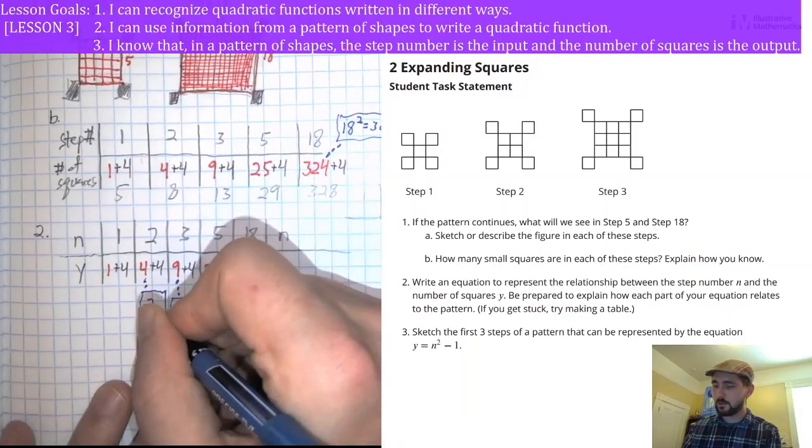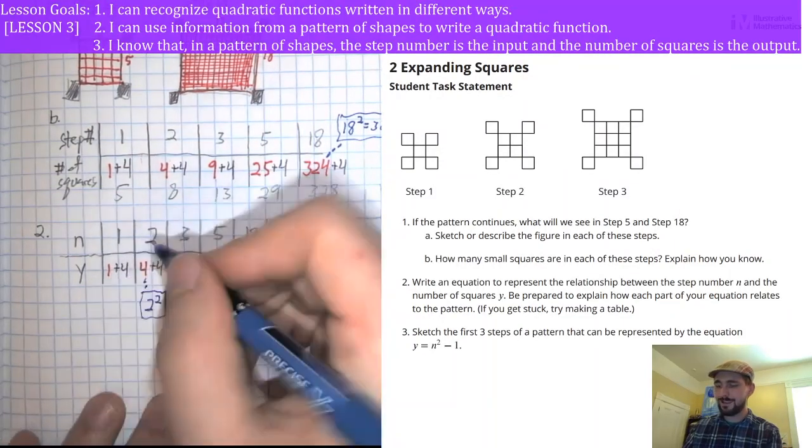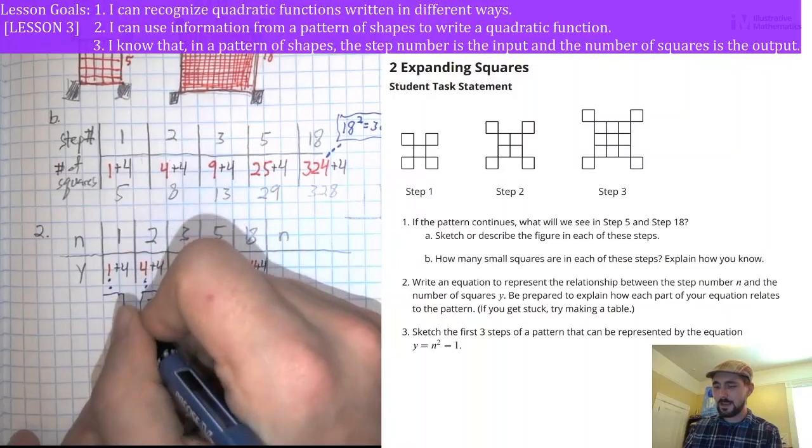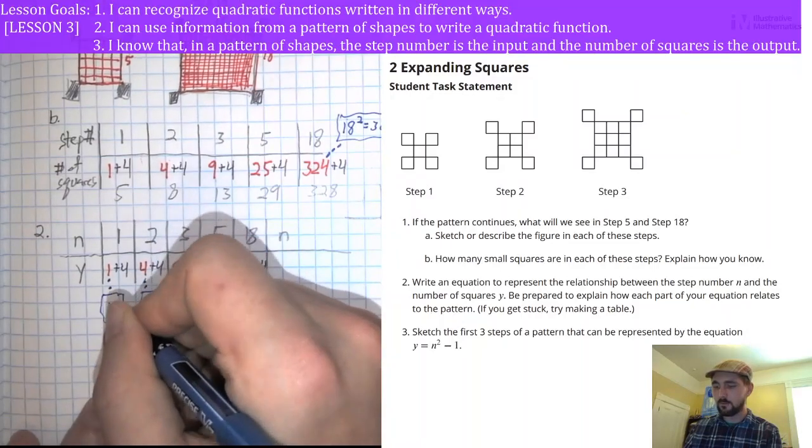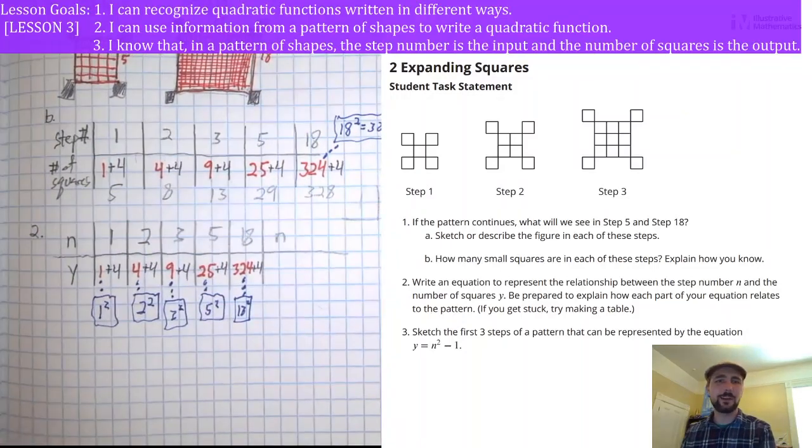4 is 2 squared. And 1, technically 1 is 1 squared. We don't think about that very often, but 1 squared is still just like that 1 by 1 square, right? 1 square is still 1 squared. So remember,